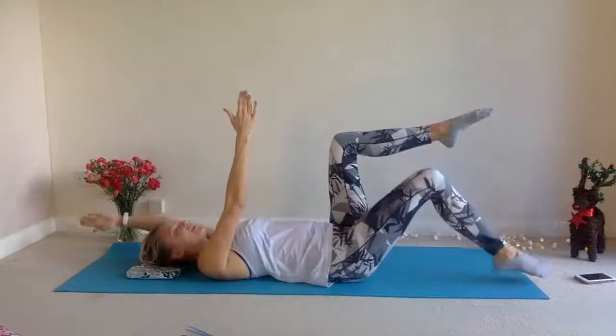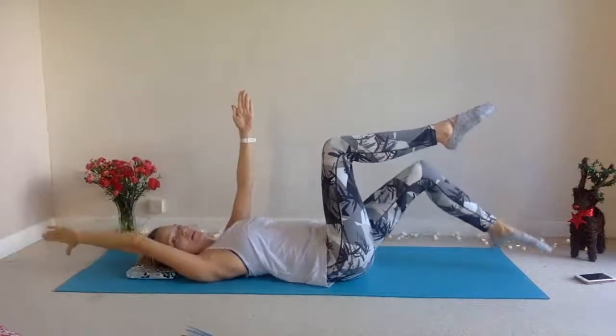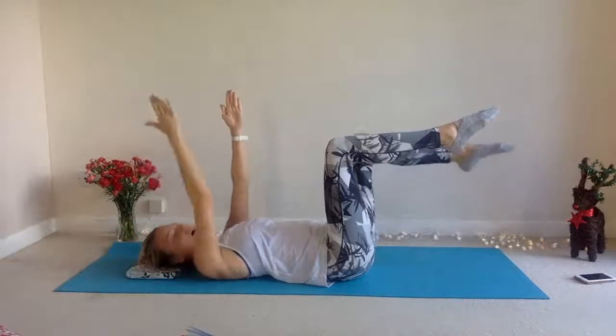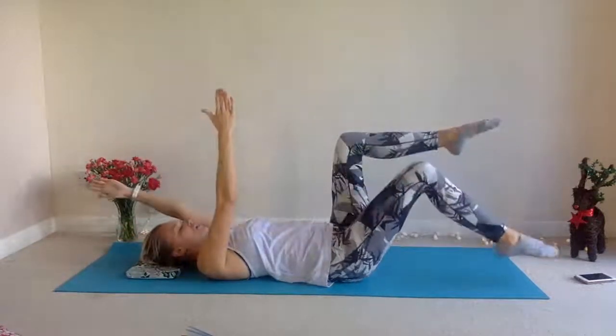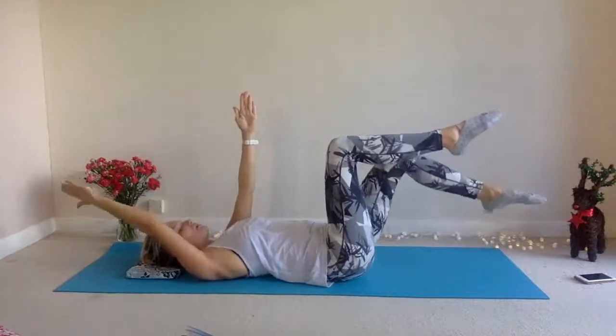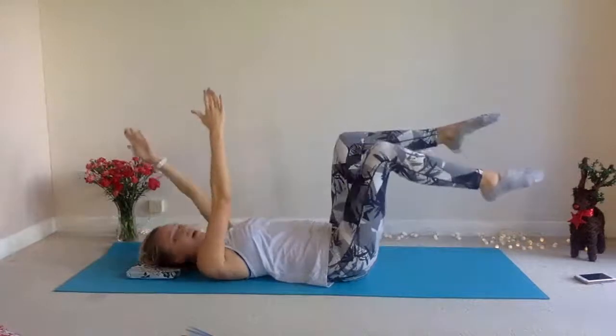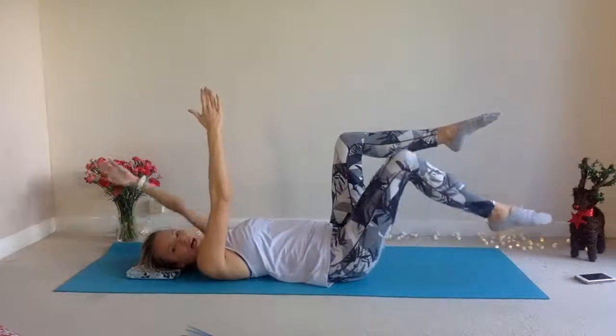Breathing out and breathing in. So keep your spine completely still. Don't be tempted to arch. If this is too much, just go down into those toe taps once again. And we're going to do 2 more on each side, breathing out and in, out and in,